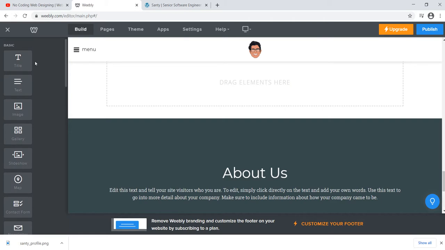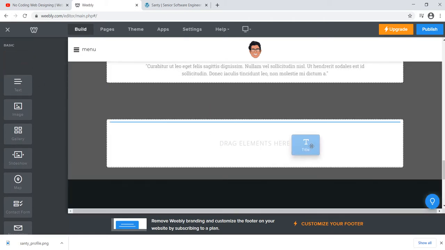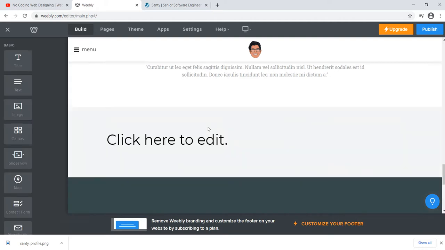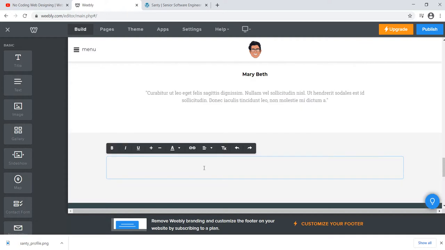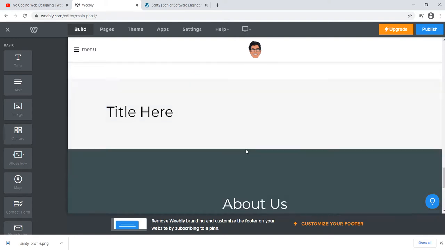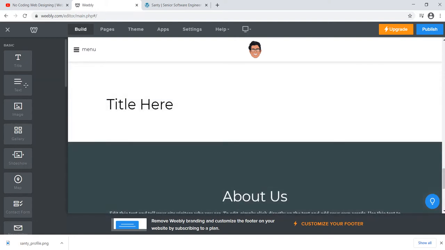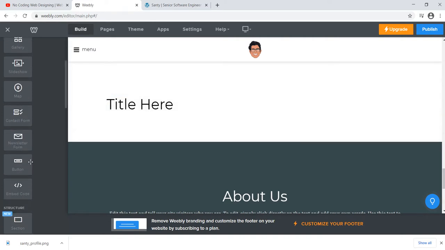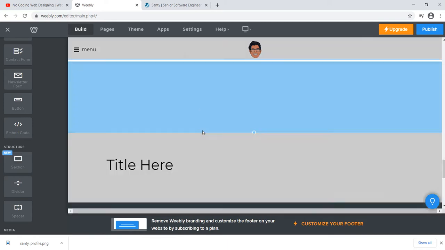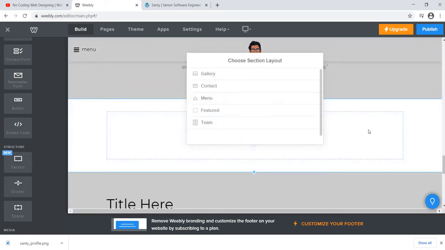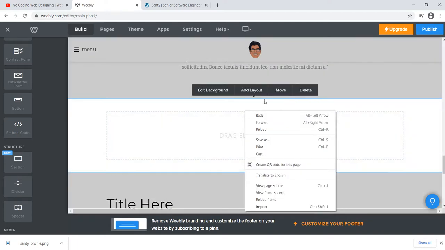Like that. So what you can do is, I'll just drag the title and drop it here. You see, you got the title. So just try adding your title. Then you can add your other images or a text here. So if you want, you can even add a section inside a section or a section on top of it. So once you have added a section,